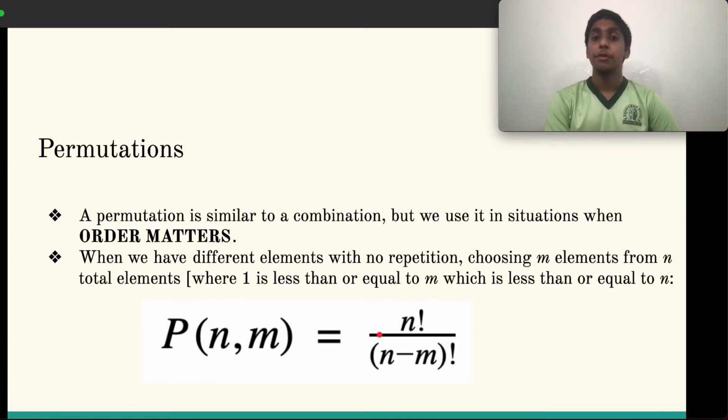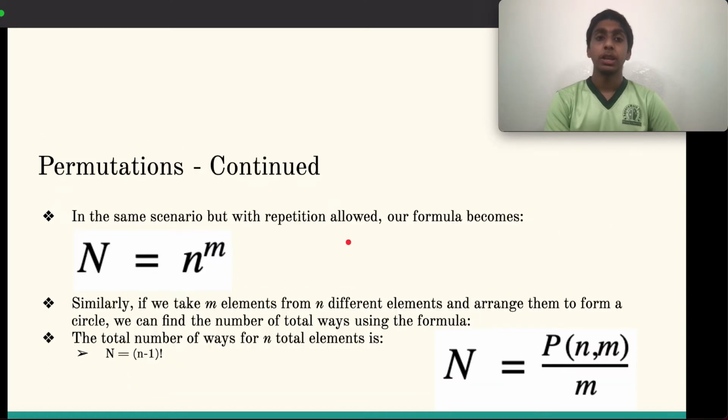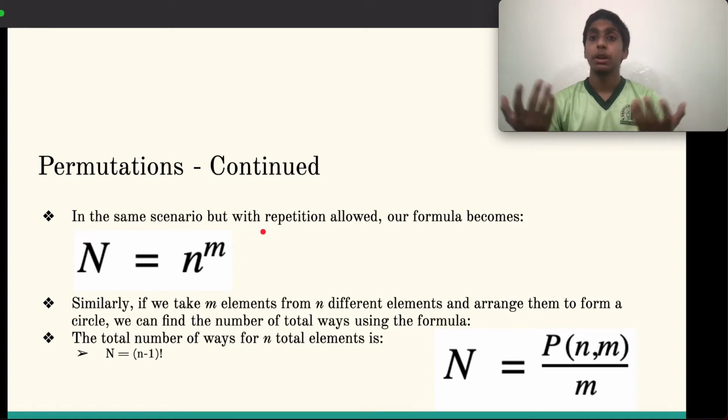N factorial over n minus m factorial. Okay, so let's go a little more into permutations. So in the same scenario, but when we have repetition allowed. So you could have 2 of the same people, or maybe 2 of the same crayon, the same color crayon. I'm just going off the top of my head here, but those are 2 basic examples where